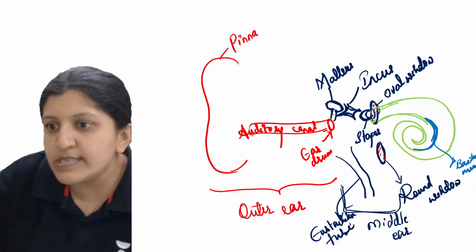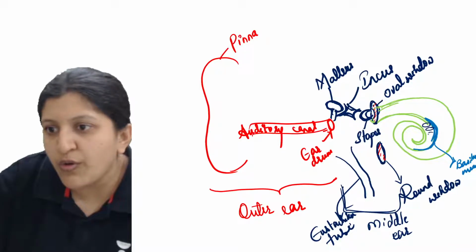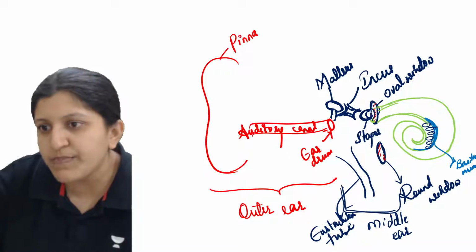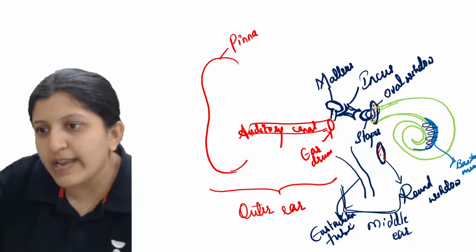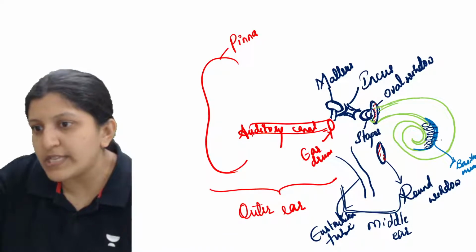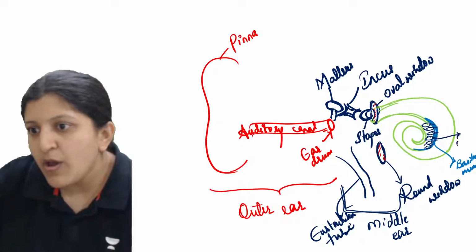So this is now the organ of Corti. So these are basically the hair cells. So we can just label this as the organ of Corti,